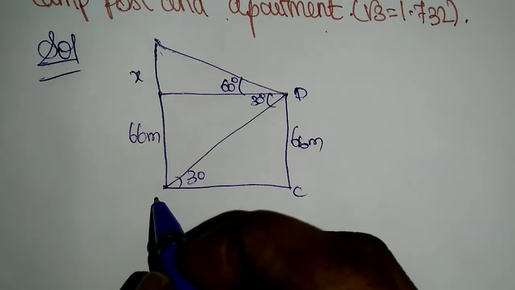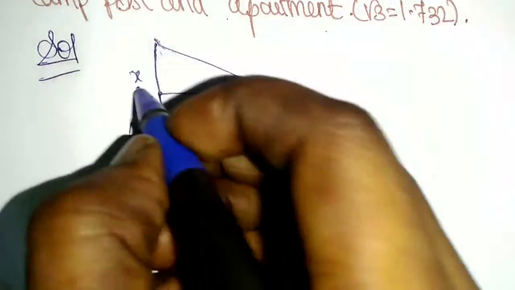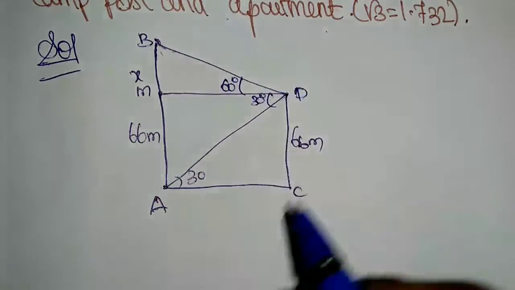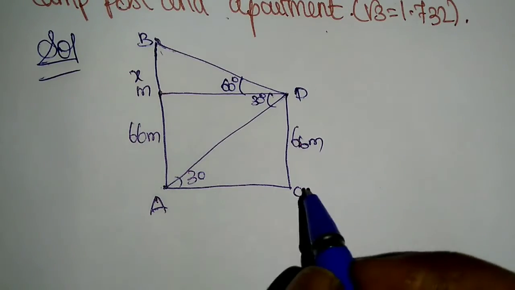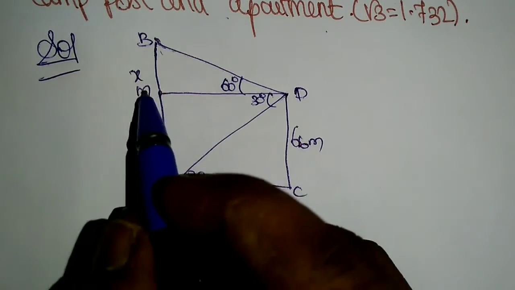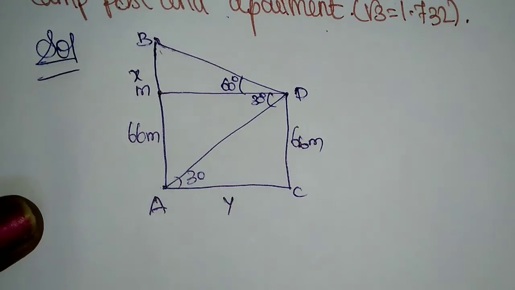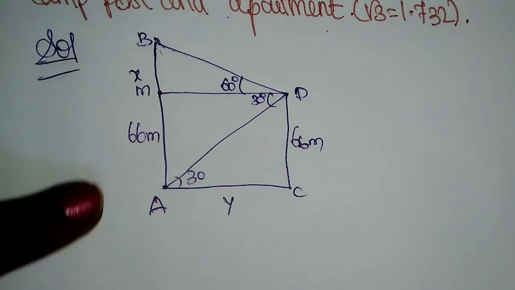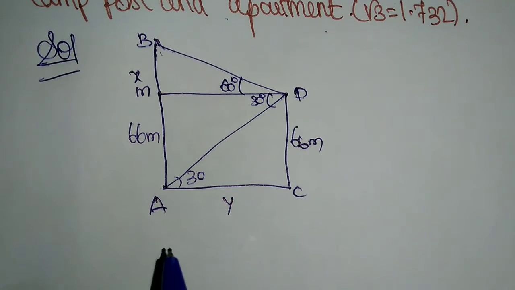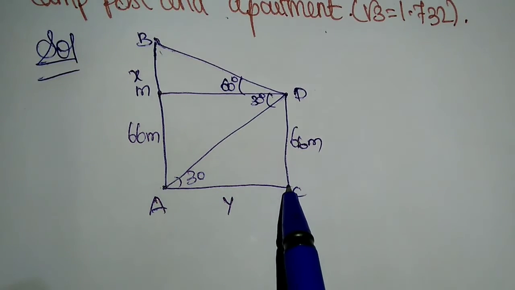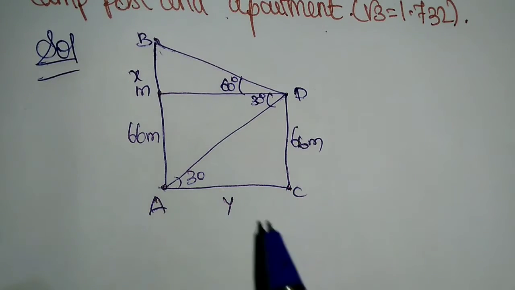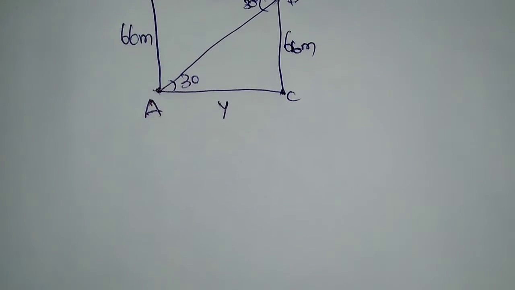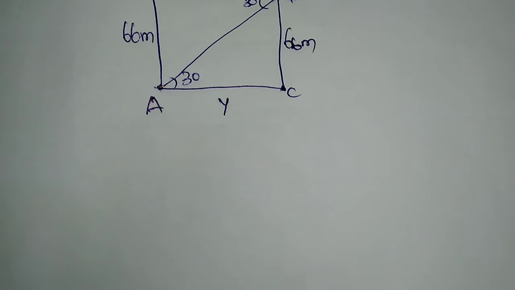Now we have to find AC and MB. Now we have to find the height of the lamp post AB and the distance between the lamp post and the apartment AC, it is y. Okay. From the triangle ACD,